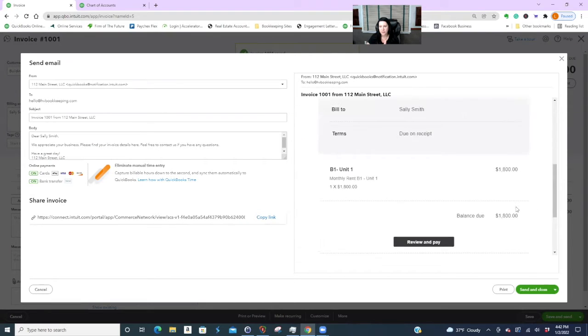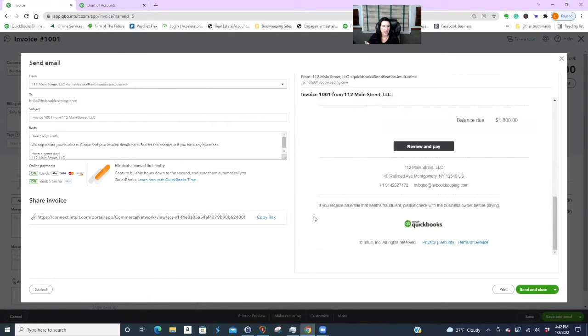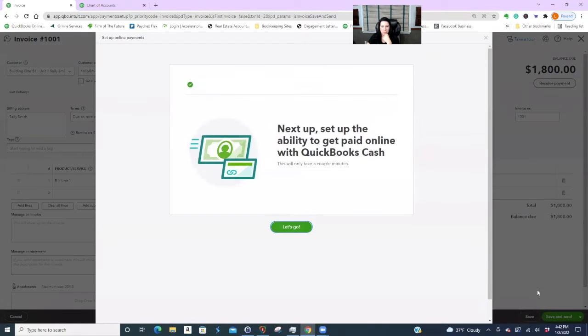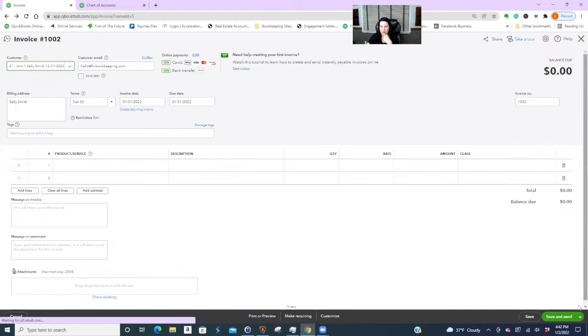So they get this each month. If you turn on the payments through QuickBooks, they can pay. There's a link. See, it needs you to set up this thing. Payments. So if you don't want that to happen,